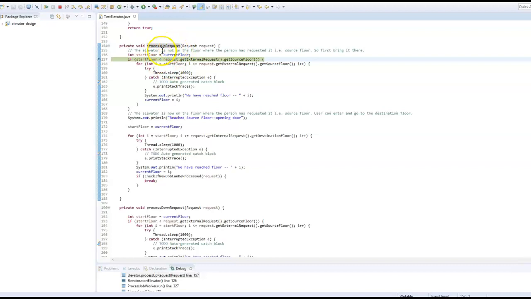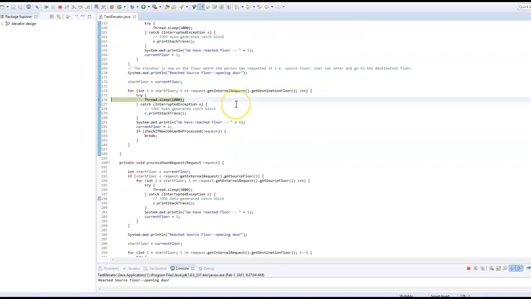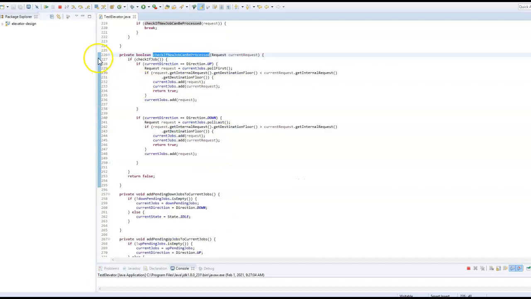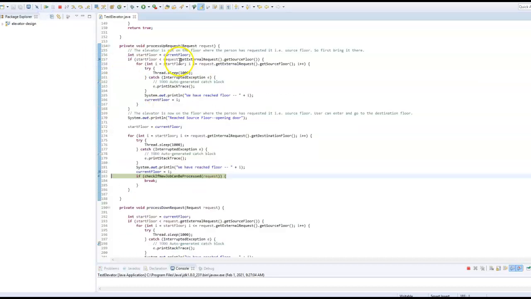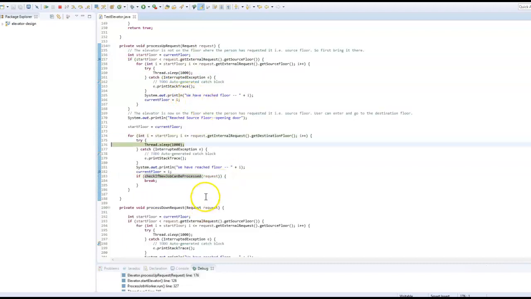So here if the elevator is not on the source floor... currently it is on the source floor, so it will begin executing the request. It will check if a new job can be processed or not. Currently there are no more jobs in the current job queue, so this will return false.